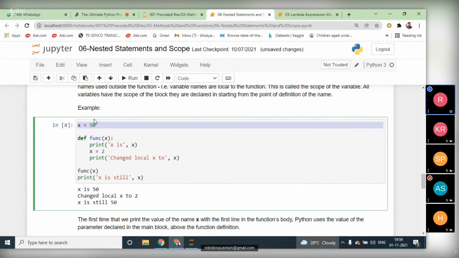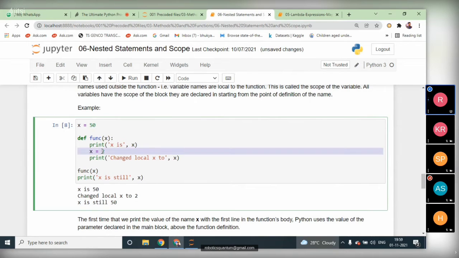See, x consists of the value 50. The same x can be modified to 2, where we are doing this modification inside of the function. The scope of this x variable will be only inside of the function. The life of this variable is within the function only.